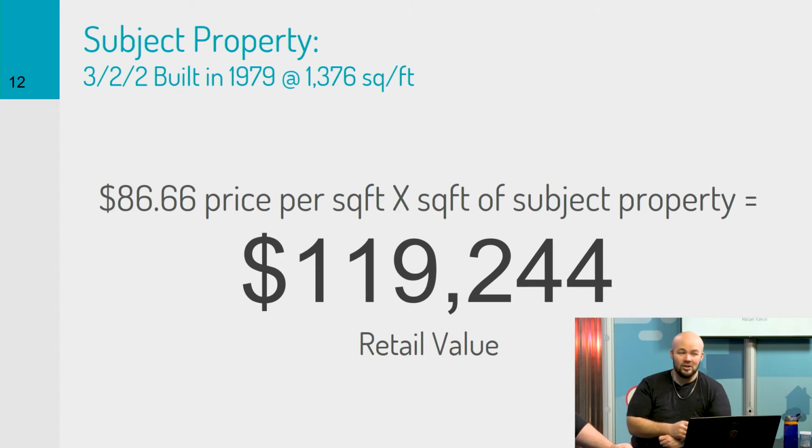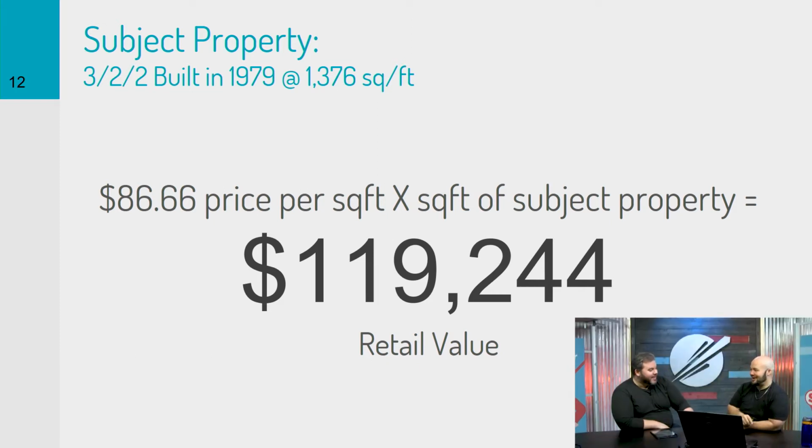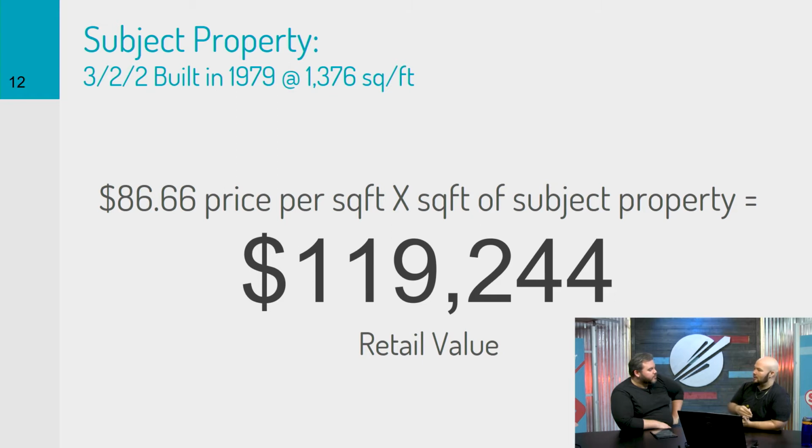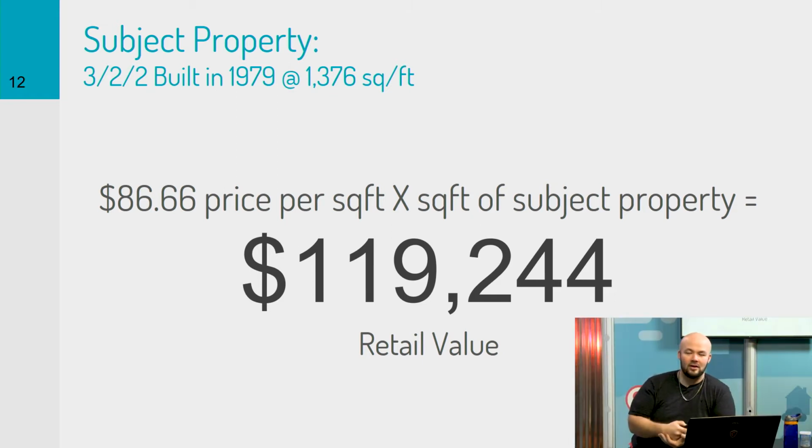Okay, might I be able to squeeze 121 out of it? Might I sell it for 118, 117? Yeah, but that's a really good ballpark range of what that property is going to sell for. Now, if I looked and saw all those properties, and none of them were selling for more than 120, just 125, do you really think I'm going to get 140 for that property? Are you a wholesaler? If I'm a wholesaler, I might try. But I see a lot of people start getting way outside of the range, pulling properties from different subdivisions when I have plenty of data nearby, or going to the other side of the highway or the other side of the golf course, which is a good thing you said earlier. Try to take into consideration where you're pulling your comps from.